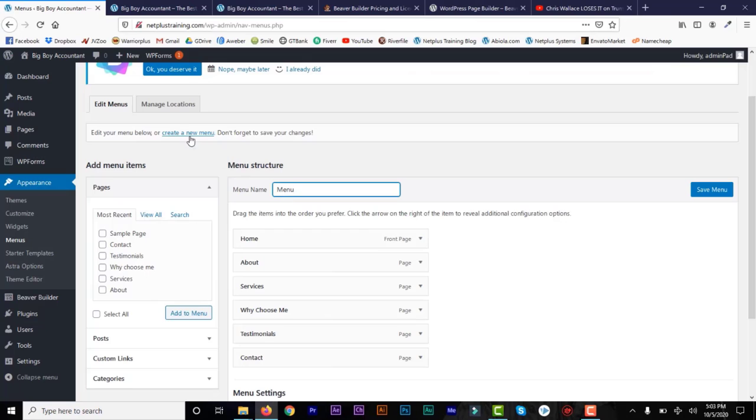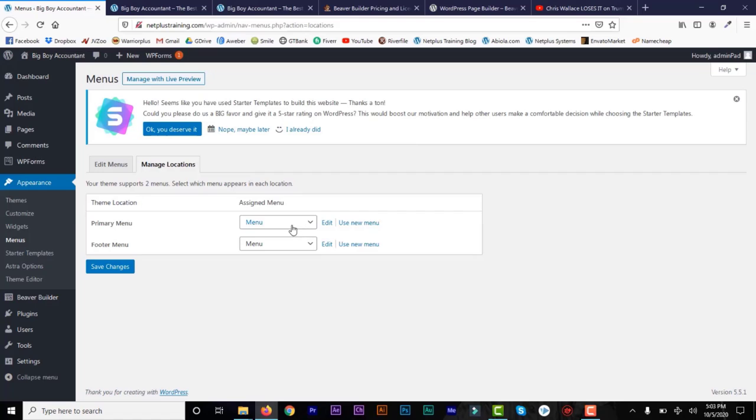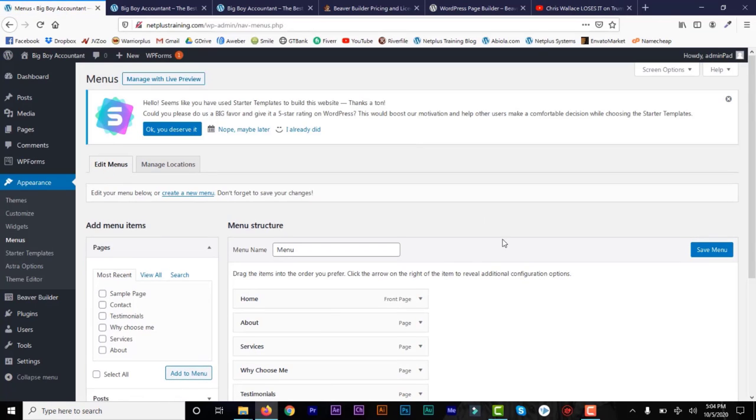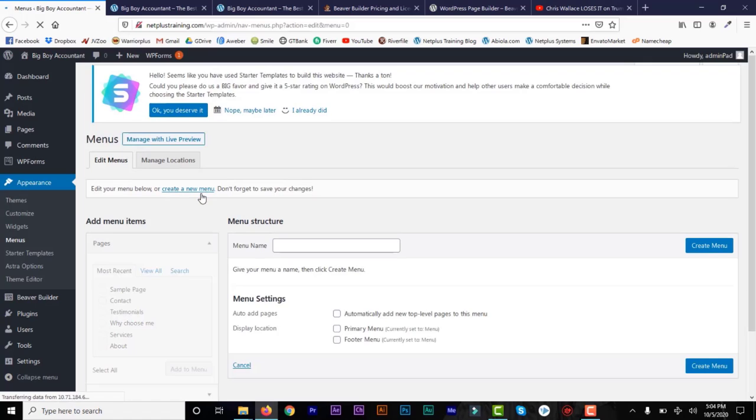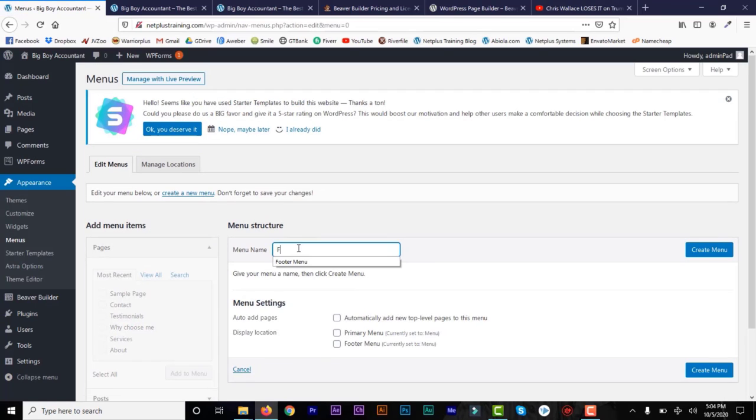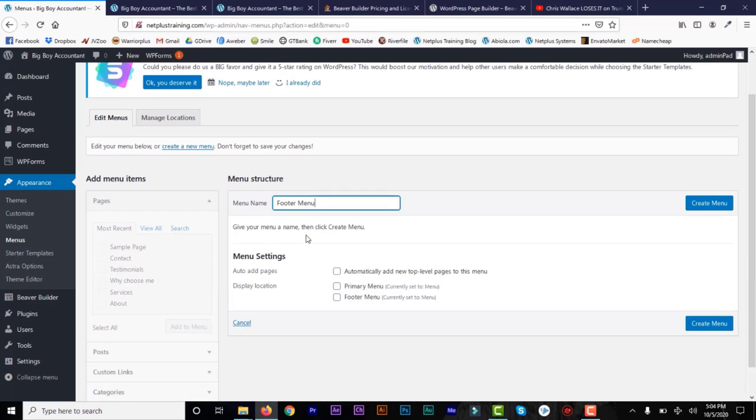Now let's see if we can manage location and assign the menu: primary menu, footer menu. Go back to the edit menu, and let's work with the menu that we have. And if you want to create a new menu, you can just create a new menu, and let's make it footer menu, and we can add that to the footer. Check the footer menu, save,